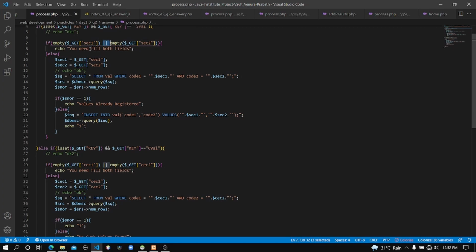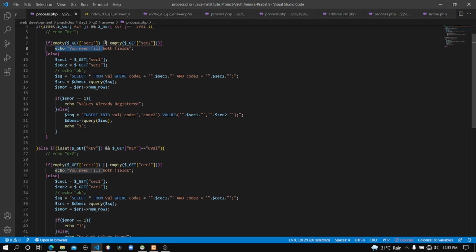If only one condition is met, it will execute this part. If you define an AND operator, it means both conditions should be met to execute the lines inside that code. Otherwise it will not execute that one, it will go to the next step.